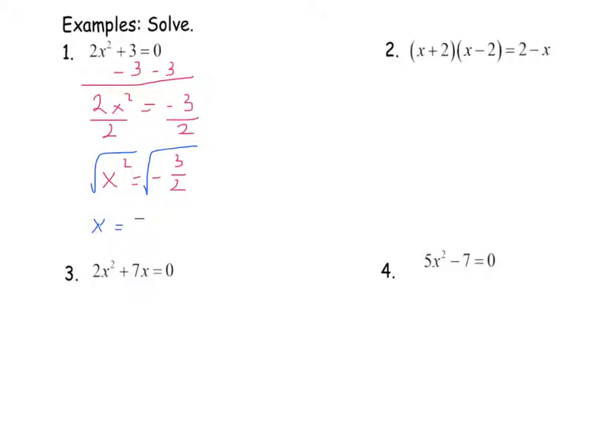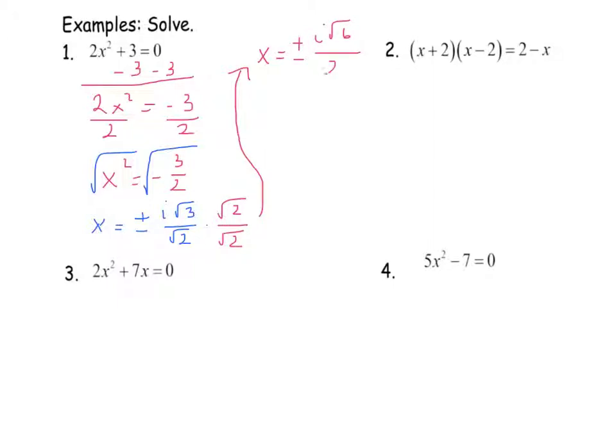So this will give me plus or minus i root 3 over root 2. And by rationalizing the denominator, we are going to multiply by root 2 over root 2. So the final answer I'm going to write up here will be x equals plus or minus i root 6